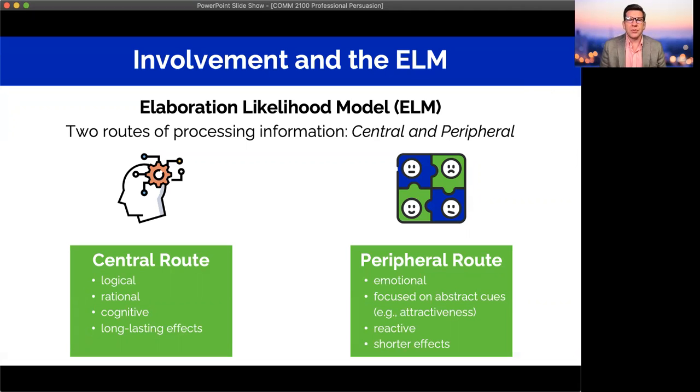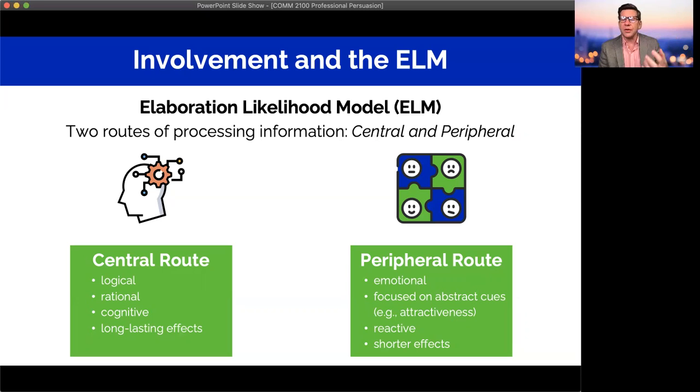And so you might be wondering to yourself, how can I quickly and easily make some key assertions about my audience that will help me determine how I should communicate with them, which will theoretically lead to greater success? So I introduce to you the elaboration likelihood model. It's a relatively simple model that essentially puts forth the idea that humans are going to process information in one of two ways. They're either going to process it via the central route,